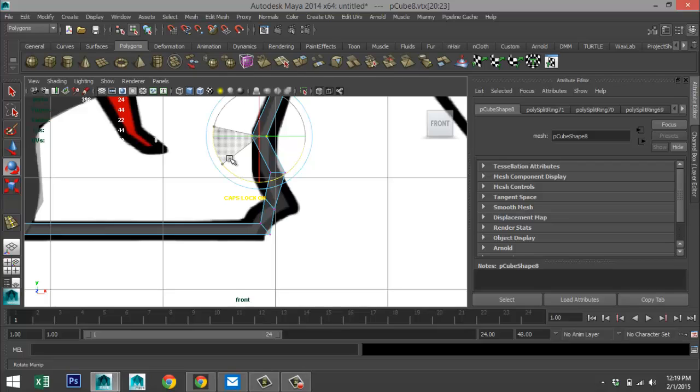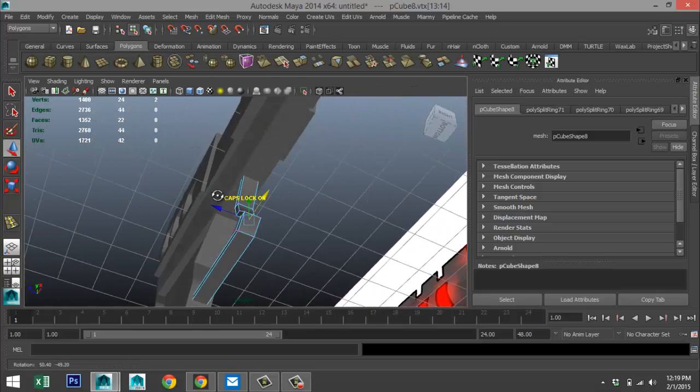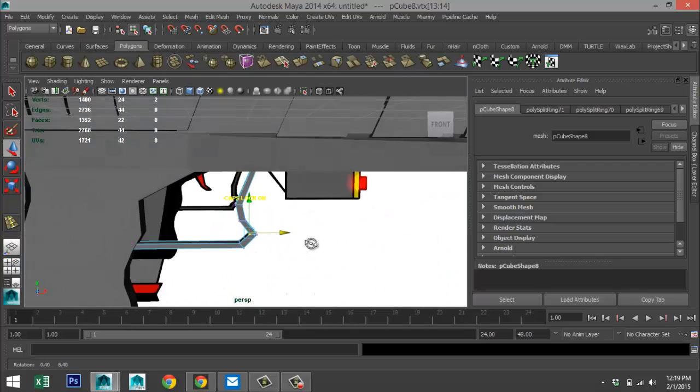That's better. And we'll take these, rotate that as well, and hit W and bring that out, and bring that in. Let's see what we got here. Okay, cool.